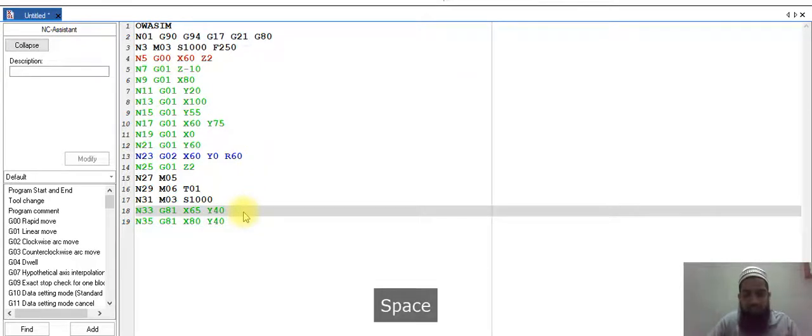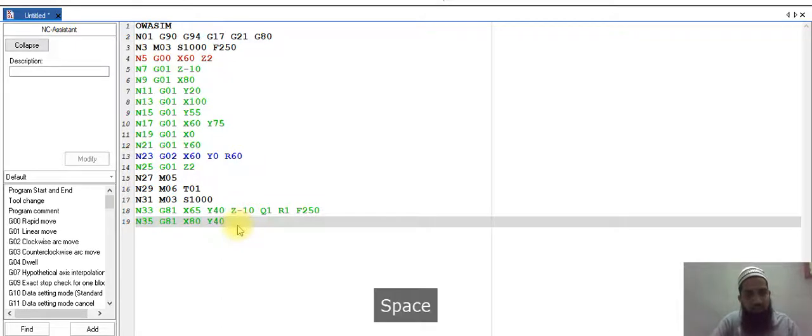The value of Z will be the same, minus 10. Value of Q will be 1, value of R will be 1, and value of F I am taking 250 in both places. Okay, if you want to change.